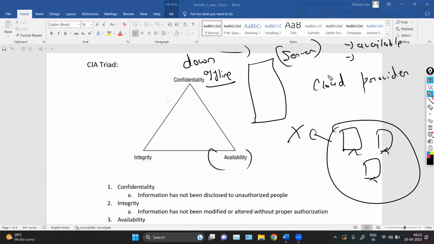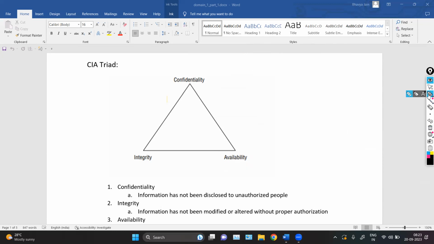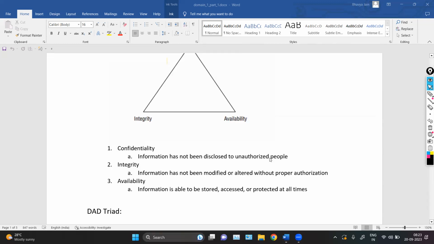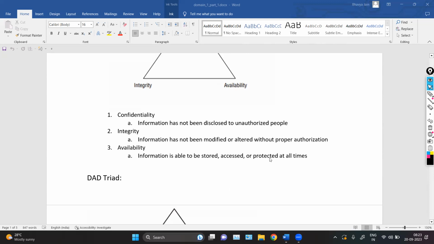Second, of course, for the authorized user, and in the given period of time, means your data should be available at any given time. And third, your data should be available without any latency, means without any disruption in the transmission of data. So that is availability. Here we are ensuring that data should be available for all authorized users at any given period of time without any delay.